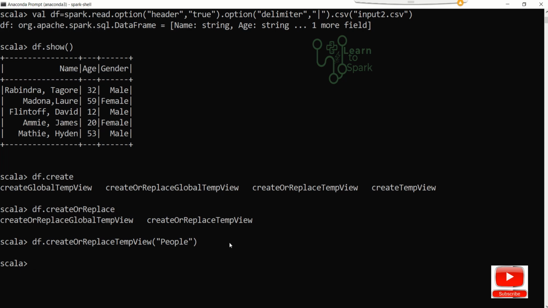Now here we can write a query directly, but for writing a query we have to use the Spark session. So what we will do is spark.sql, and inside this we can directly write queries.